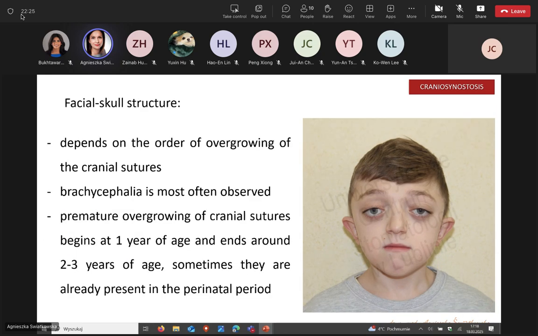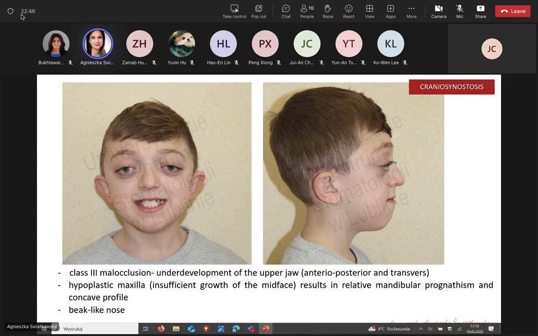Facial skull structure depends on the order of overgrowing of the cranial sutures. Brachycephaly is most often observed. Premature overgrowing of cranial sutures begins at 1 year of age and ends around 2-3 years of age. Sometimes they are already present in the perinatal period. What we observe: class 3 malocclusion, which is connected with underdevelopment of the upper jaw. So you can see here anterior crossbite, and here you can see bulging eyes